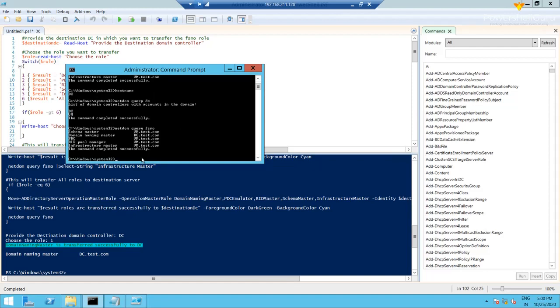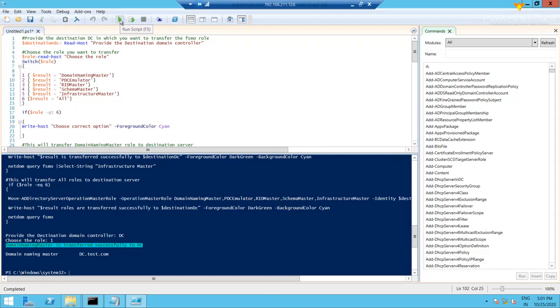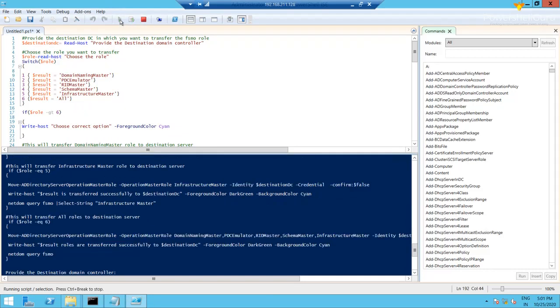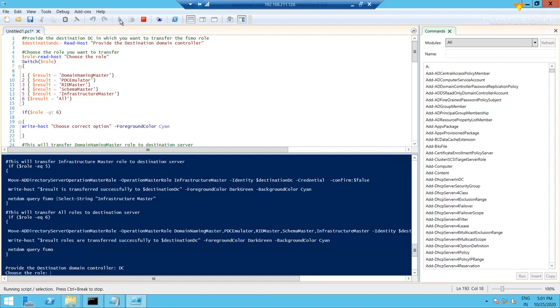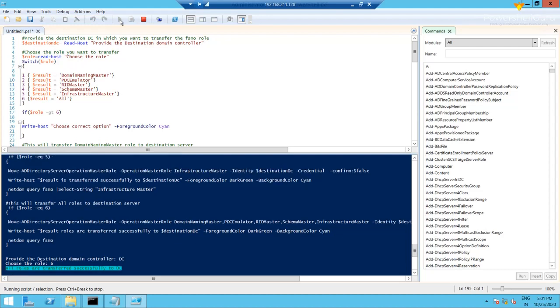Likewise, you can choose what roles you want to transfer from one domain controller to the other domain controller using this script. If I want to choose all at once, I can go to the script, run the script, give the domain controller name, and choose 6. Six will transfer all the roles from VM to DC. Just wait for it. I guess it is completed, but it will take time to show us.